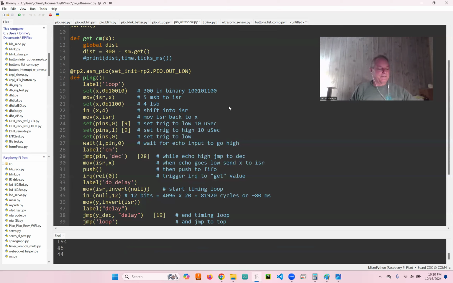I did test it by pointing it at the ceiling, and I measured from the ceiling to the echo with a measuring tape, and it's about 165 and a half centimeters. So it's dead on as far as that. So it's working. It doesn't work well with your hand in front of it. Sometimes it passes. If I use a piece of paper, you can get it all the way down to